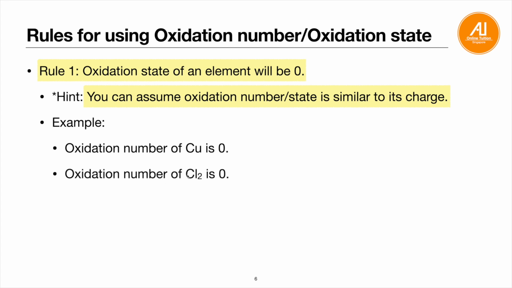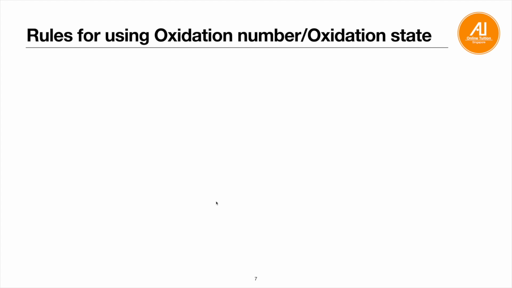Next one, Cl2. Okay, Cl2, is there any charge here? There's no charge, right? So the oxidation state will be 0 as well. Okay. Next one, aluminium metal. There's no charge, so it's just 0. Okay. So the next one,